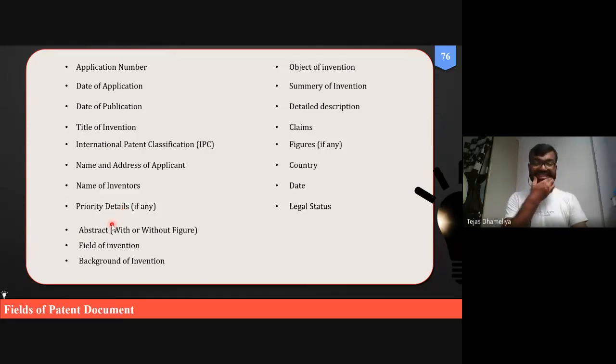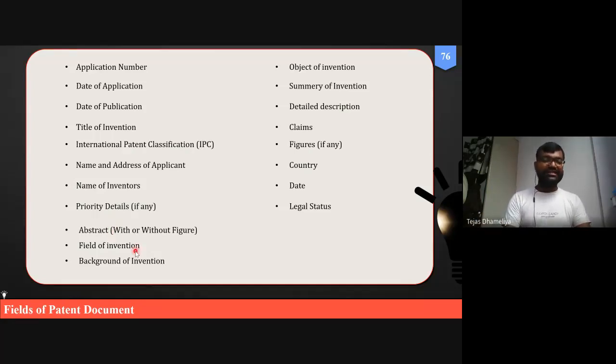It is not necessary that I should file the patent only in our country. It may be in other country as well. That can be PCT filing as well. So all these priority filing we should highlight when we are going to file the patent.